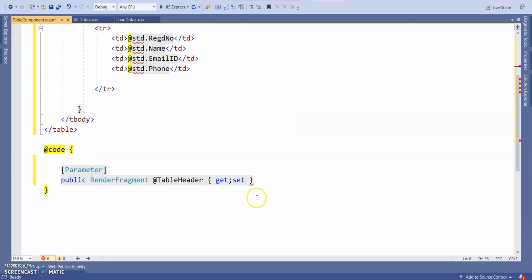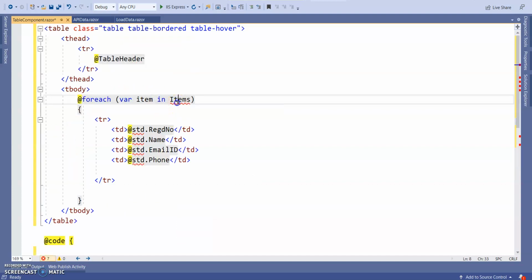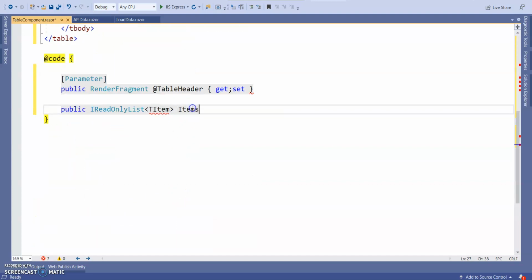Okay, so how can I declare it as a generic list here? We are going to declare one more property, IReadOnlyList. Here I'm going to give TItem as Items. So items will come from this one, Items, get set. Okay, done.